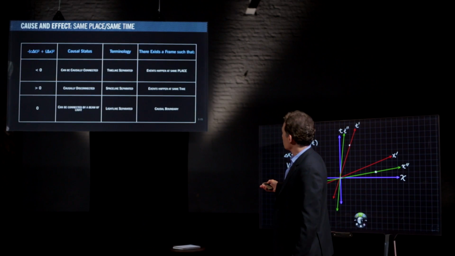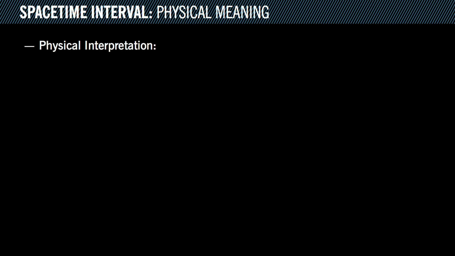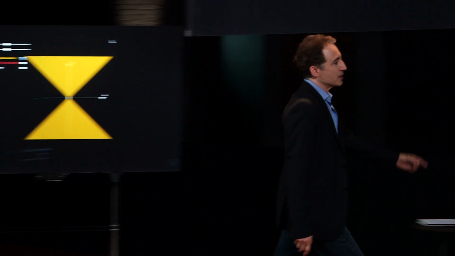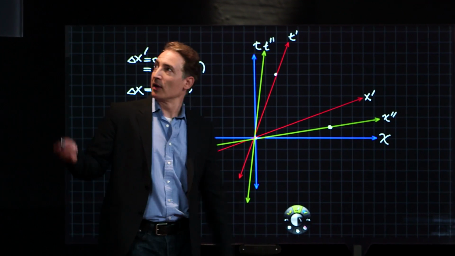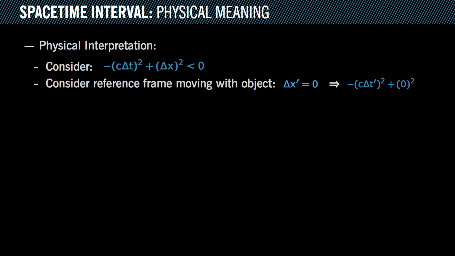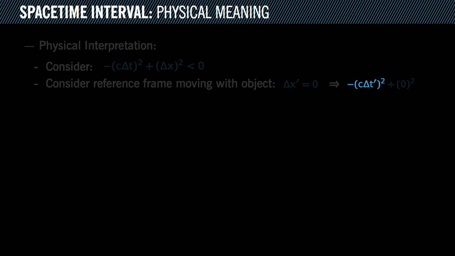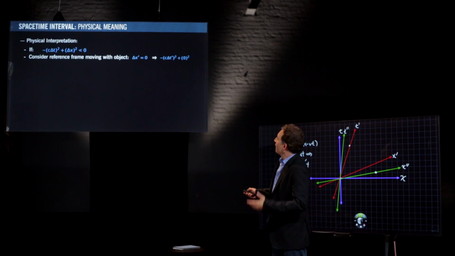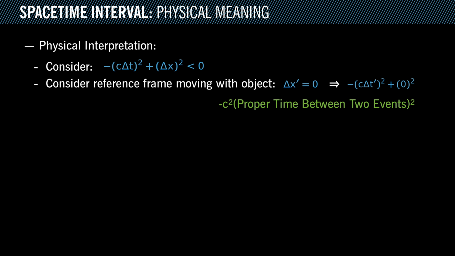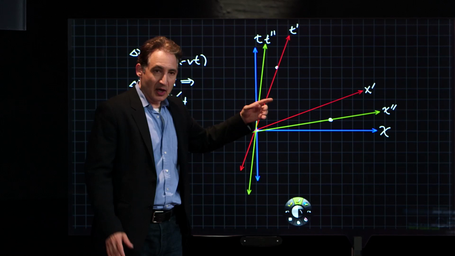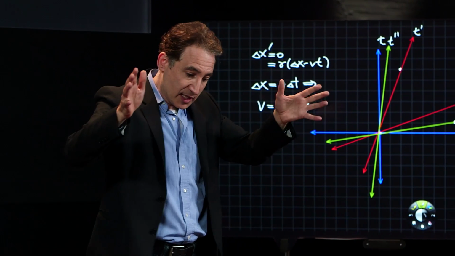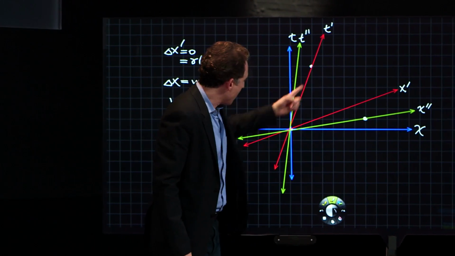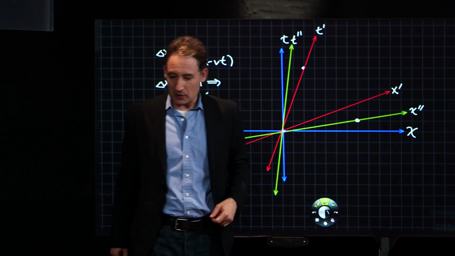This also gives us a nice physical interpretation of what the invariant interval is, because in the case where there is a causal connection, what is the meaning physically of the invariant interval, minus c delta t squared plus delta x squared? Well, look, in this frame, delta x prime is equal to 0. So if we plug that into this expression, the invariant interval is nothing but minus c delta t prime squared. And that is something that obviously we can interpret. That's minus c squared times the time in this frame between the events. So you can think about the invariant interval in that case as minus c squared times the amount of time that elapses on a clock that is moving with the signal from one person to the other, from the cause